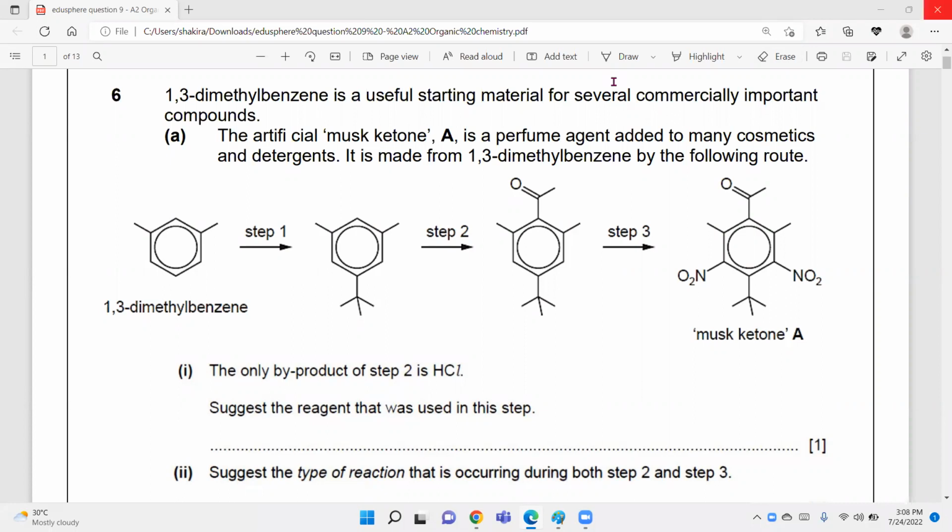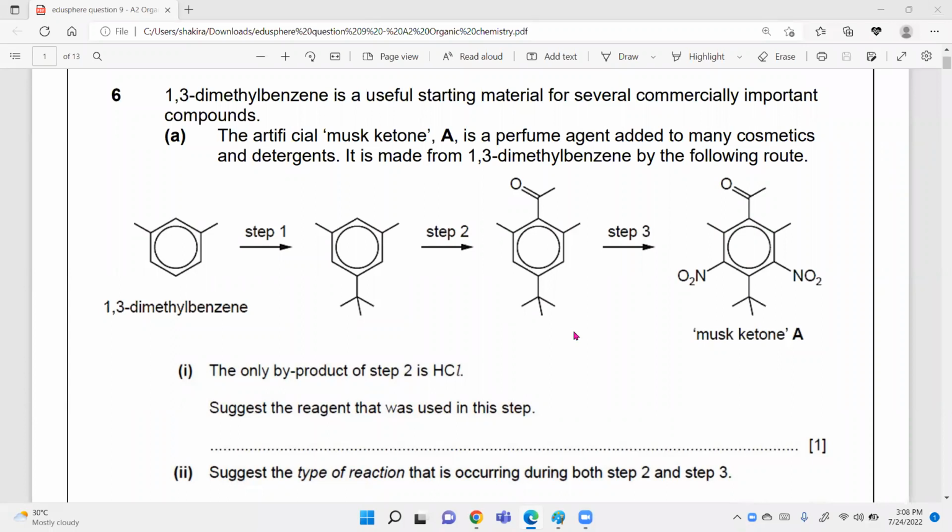Now we have to identify the reagents and conditions needed for each and every step. There are 3 steps. Before we do this work, before you actually attempt this question, we will try to get the basic knowledge. Look at the first compound,